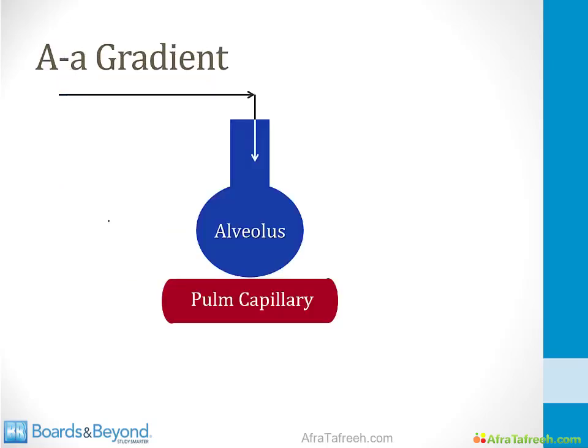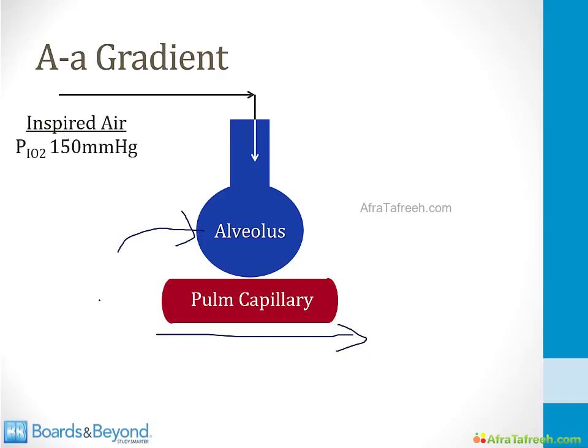To understand the AA gradient, let's take a look at this drawing I've shown on the slide. I've drawn an alveolus in blue, and in red is a pulmonary capillary with blood flowing past the alveolus from left to right, picking up oxygen. If we're at sea level, breathing normal 21% air, the partial pressure of oxygen in inspired air is 150 millimeters of